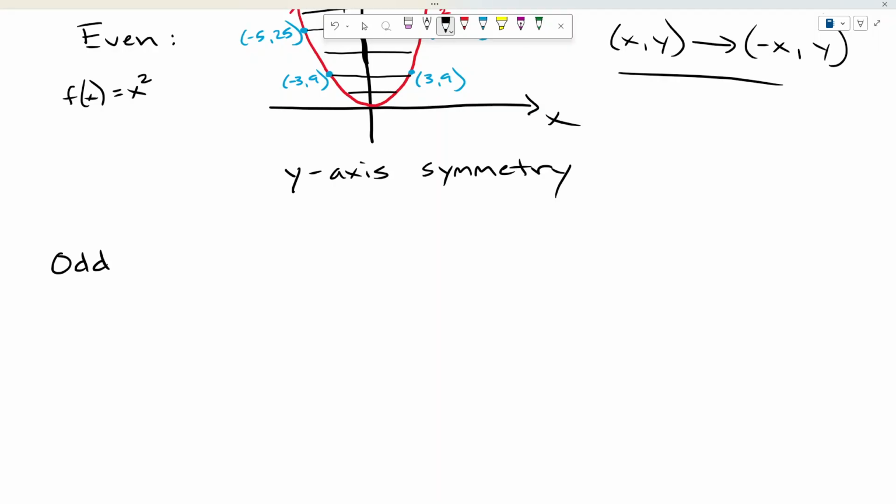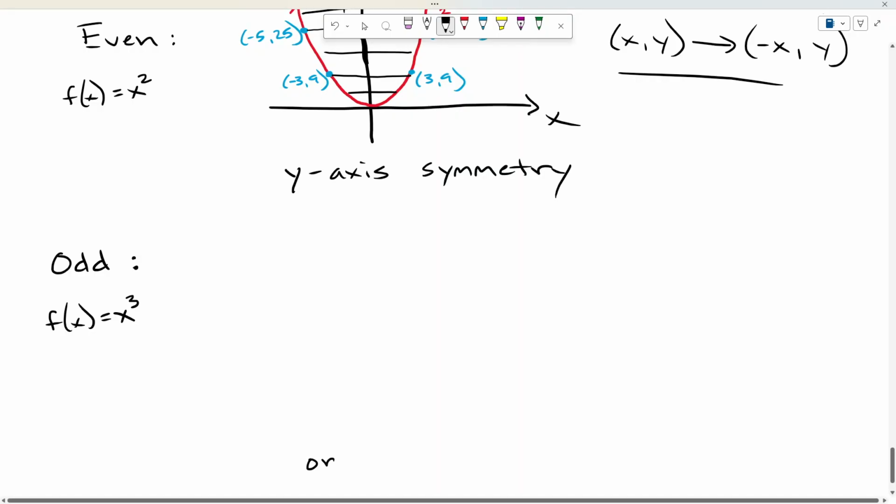Okay, so now show an odd function, and I'm going to use f of x equals x cubed. That is an odd function, and that one's an easy one to remember how to draw. And when I say it's symmetric with respect to the origin, I'm talking about,